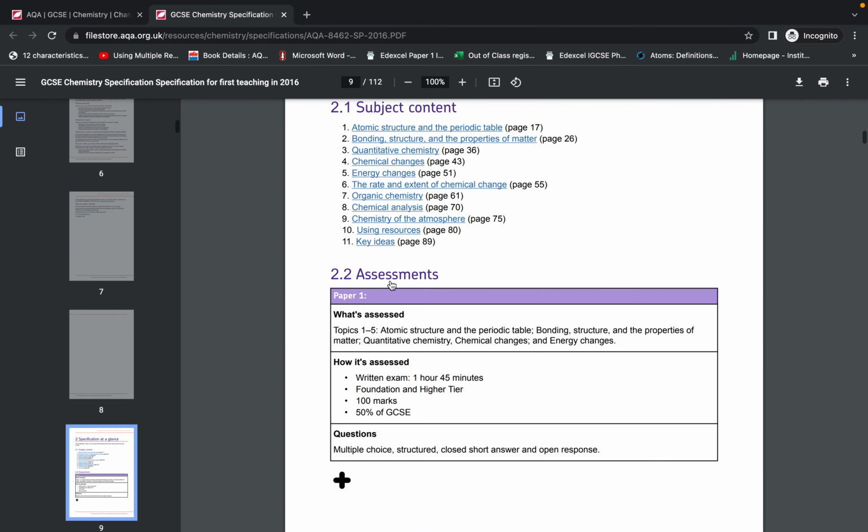Subject content. This is useful for an overview. So as you're getting ready for paper 1, you need to know what you're revising. It's topics 1 to 5, and you find that there's quick links here to the content in those different areas as well. Information about the length, number of marks, and percentage there, and how the question is going to be